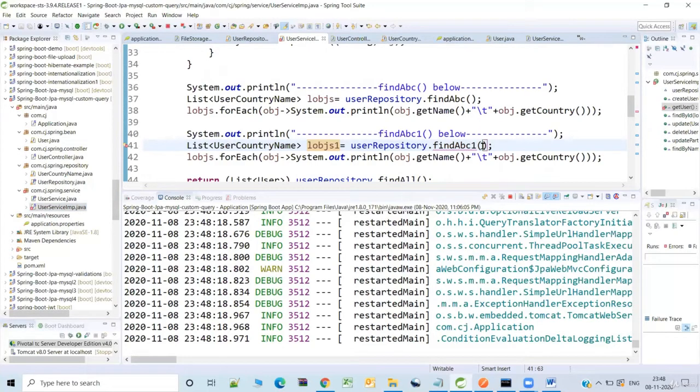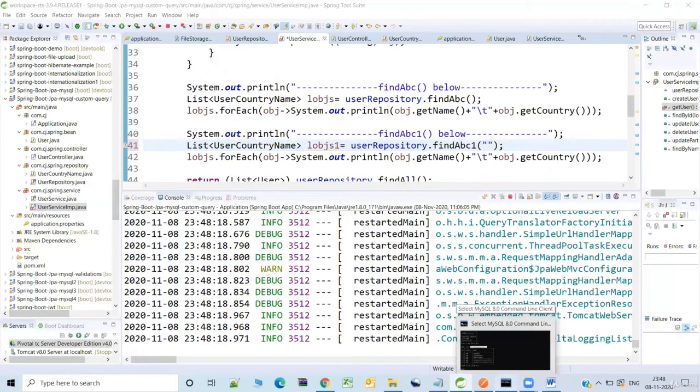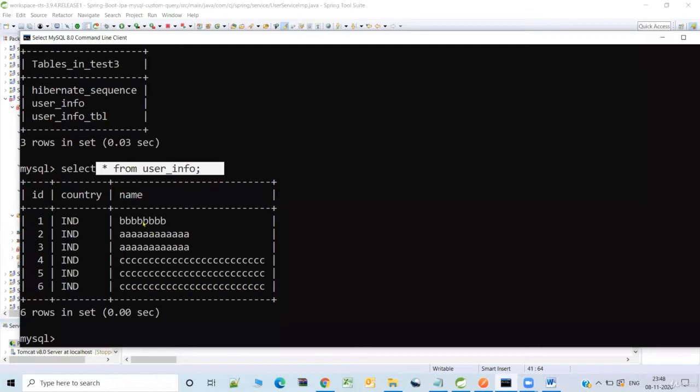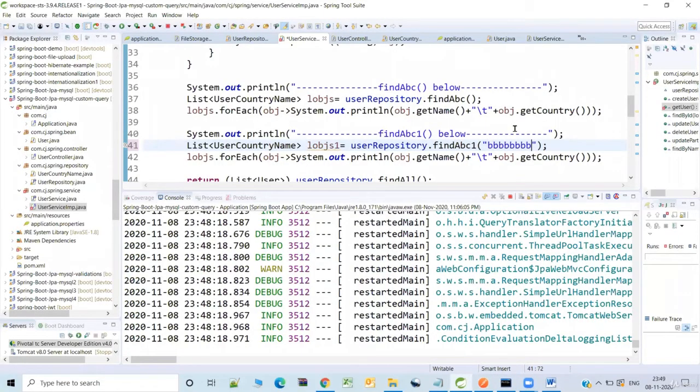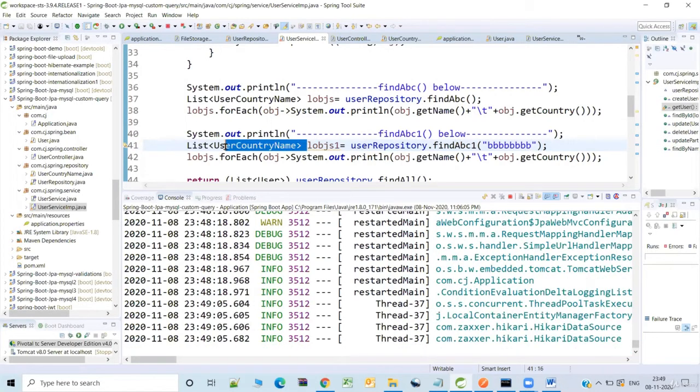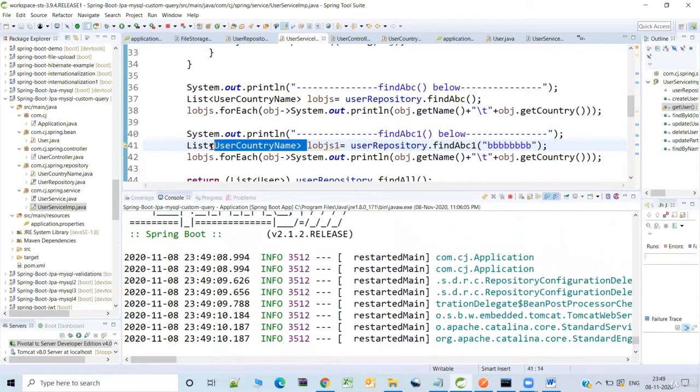See, it is not a like operation, basically it's checking the exact equal to. So what I'll do is I'll take the name of a person which is exactly equal to. I copied it, I'm placing it here. Great. And so I'll be getting the country and the name because I use projection here.